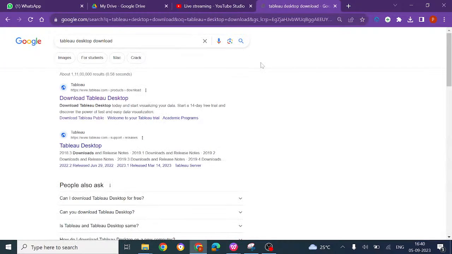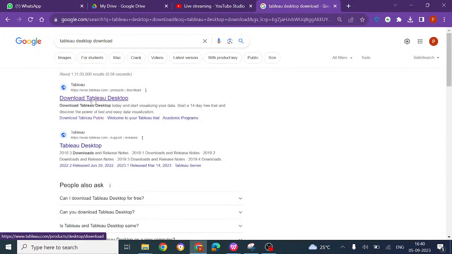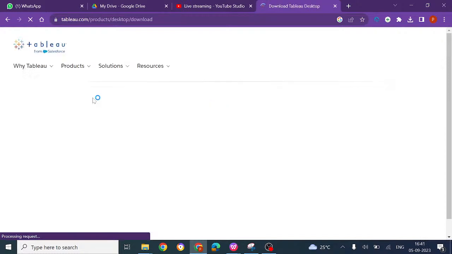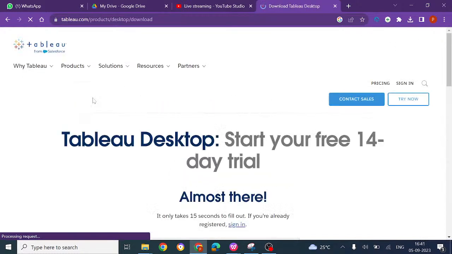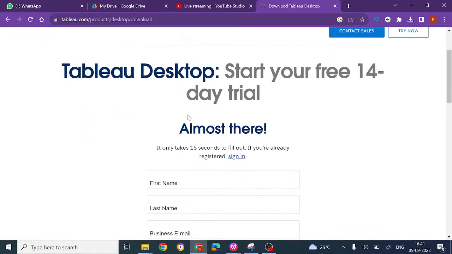Just click on it, and you can see the first option as Tableau download desktop, and here we are having the options. Payment options will be there, and free options also will be there. If you want to go with installation of the particular,